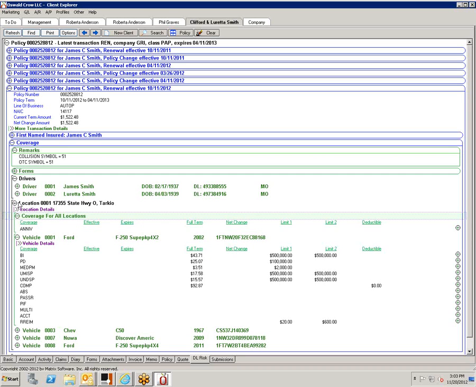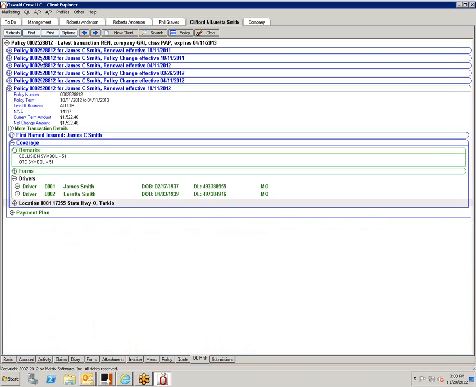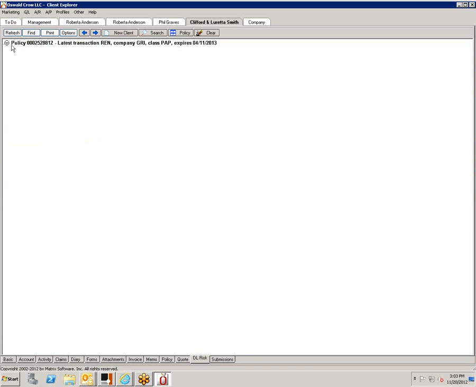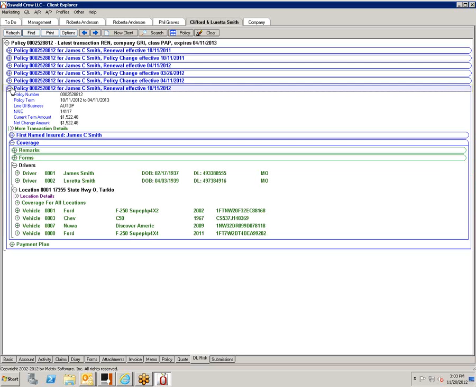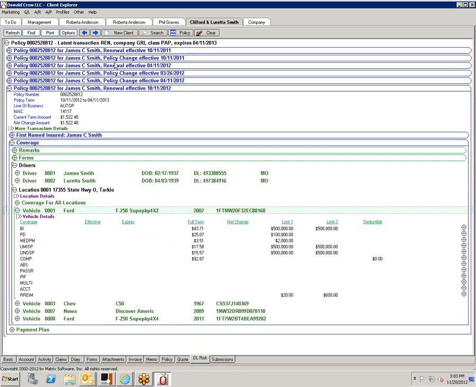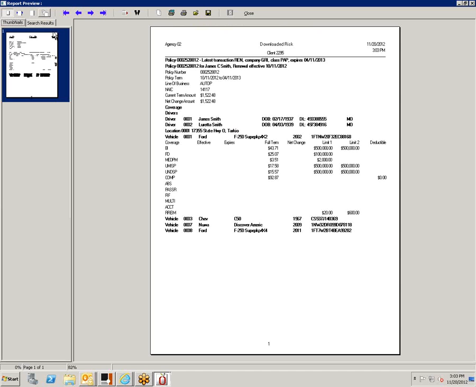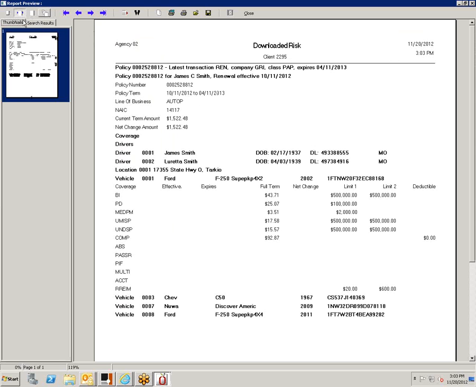The nice part about this is, let's say that I wanted to just expand one of these. I can actually print a little deck page. Let's say he just wanted to see the premiums on this one. So I just go up here and print, click on this little zoom button, and it shows just exactly what I've expanded. These are still in summary form, but I opened up this one because he needed to see what the limits and everything were, what he was paying for comp and collision.